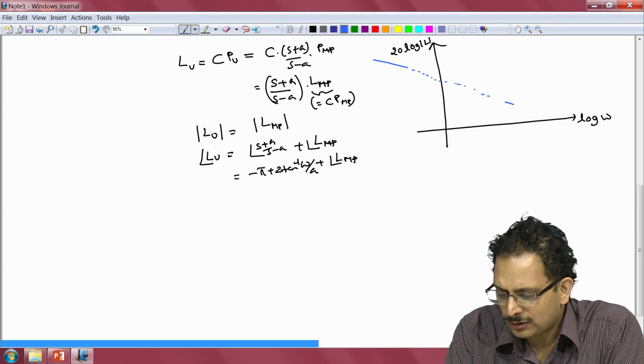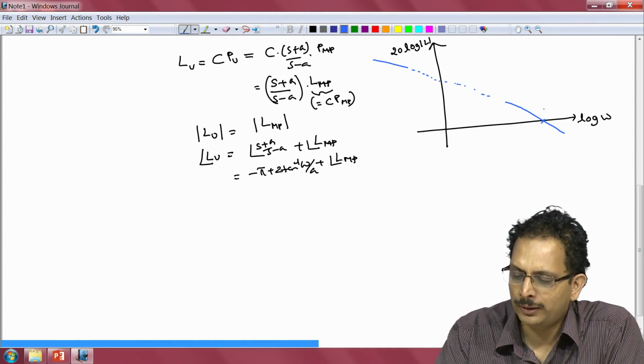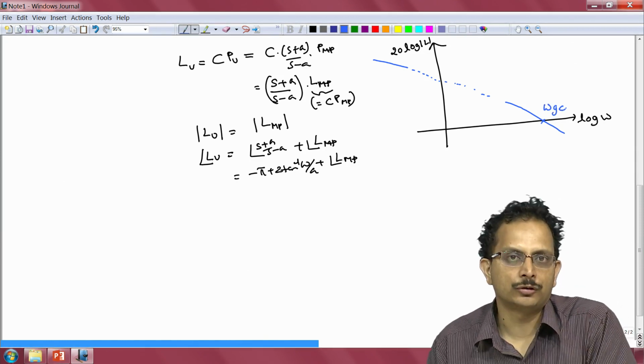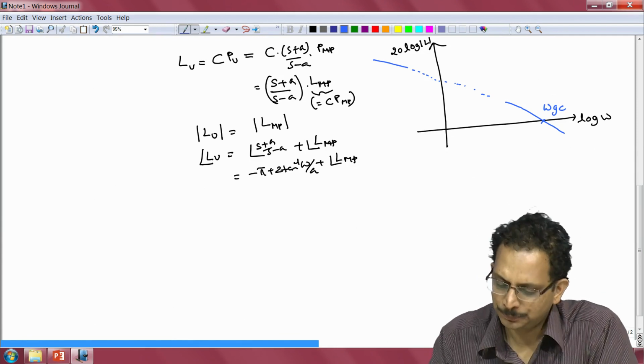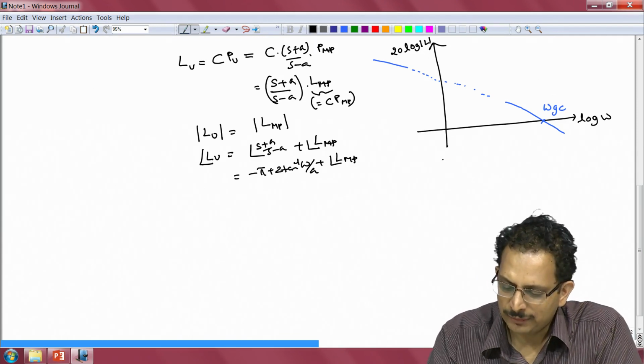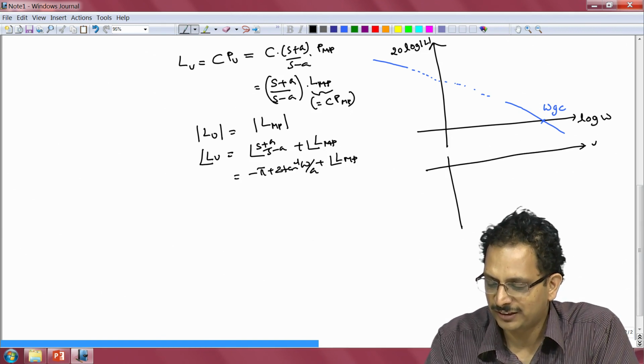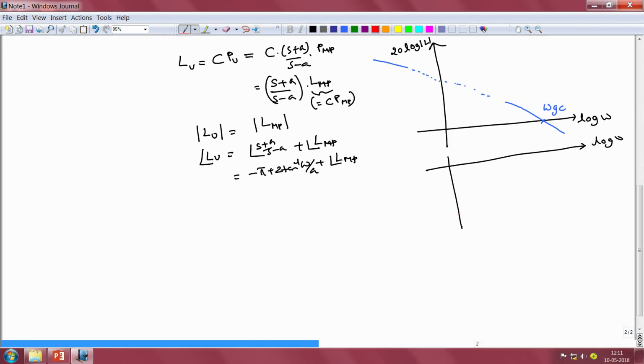And finally let us assume that the gain characteristics cross over at some frequency, which we shall of course call omega Gc, the gain crossover frequency. Now associated with this magnitude characteristic we would have a certain phase characteristic. So this is log of omega. I shall indicate the angle minus pi clearly in the phase plot. The second plot is going to be the phase of Lu. The first plot is of course the 20 log magnitude of Lu, which is going to be identical to 20 log magnitude of L minimum phase.